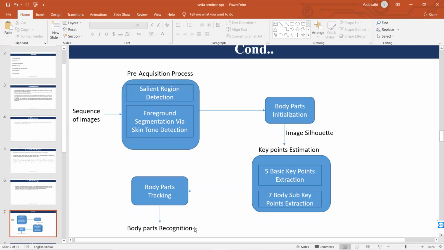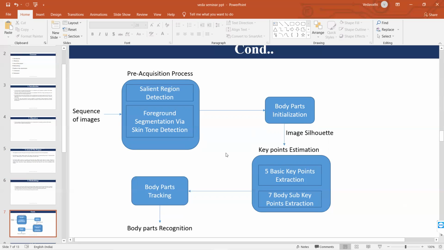Firstly, the salient region detection method is implemented to detect the visibility, like what are the visible parts. To detect those, we'll use salient region detection. Secondly, the method for foreground segmentation by skin tone detection on the basis of skin color will be implemented. These detection methods are merged to get extraction of a person that is more accurate than any one method applied alone. Then we'll initialize the 5 basic body key points which are detected by using the body parts